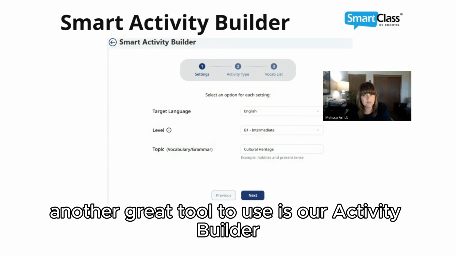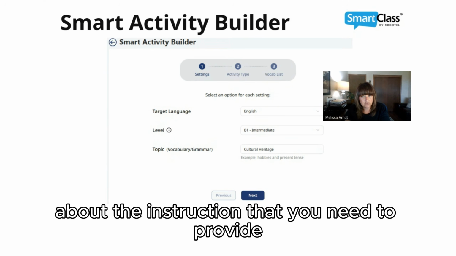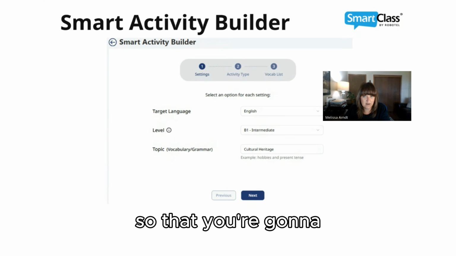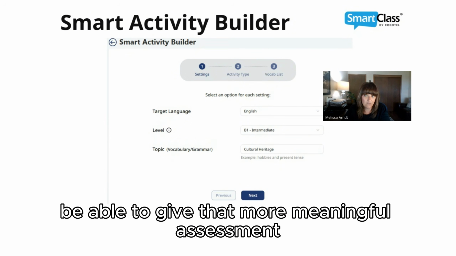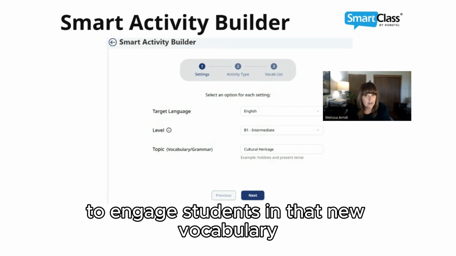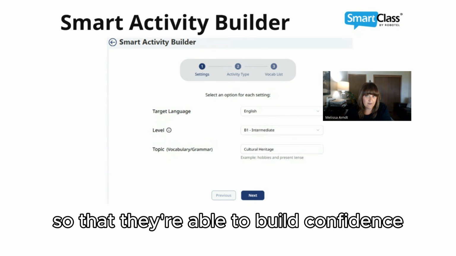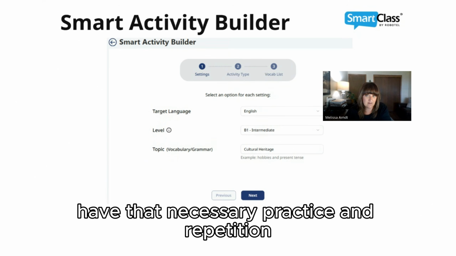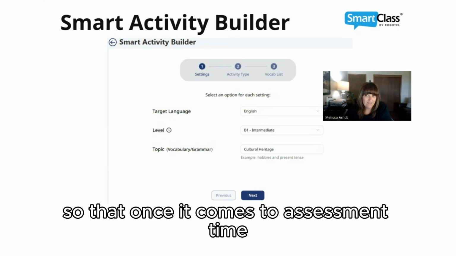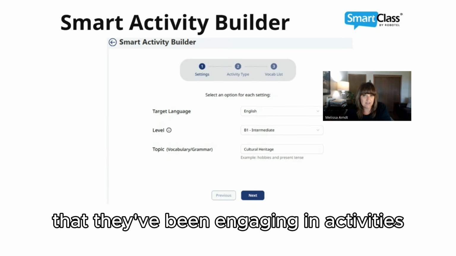Another great tool to use is our activity builder. So the activity builder, again, in thinking about the instruction that you need to provide so that you're going to be able to give that more meaningful assessment, that activity builder is going to help you create activities to engage students in that new vocabulary, in that new grammar concept, so that they're able to build confidence, have that necessary practice and repetition, so that once it comes to assessment time, they feel confident that they've been engaging in activities